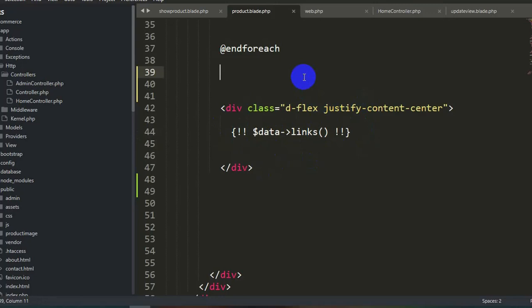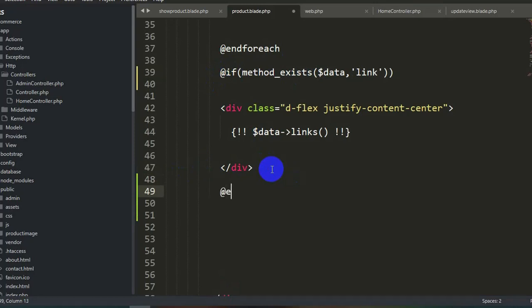We just need to say @if, and then inside it we'll say method_exists, then in brackets we'll say $data, comma, links, and this if condition will end after this div. So for it we need to say @endif.